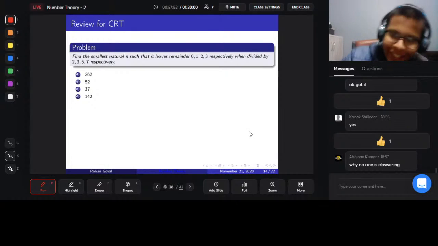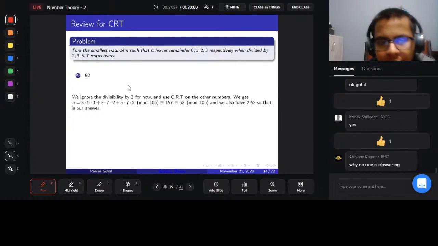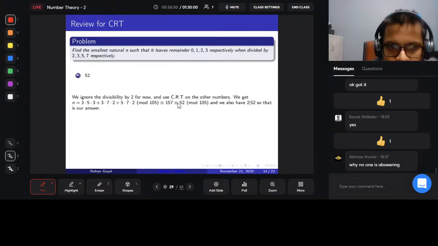Okay, so we'll ignore the divisibility by 2 for now. The answer is actually 52. And we'll use CRT on the other numbers. Because of the result we had shown, we can find what n is. First we take 3 into 5, as we take 7 equal to a1. Now we want to find the inverse of this mod 7, which is just 1. So I just put 1 here: 3 into 5 into 1, and we wanted the congruence mod 7 as 3. So we get 3 into 5 into 3, plus